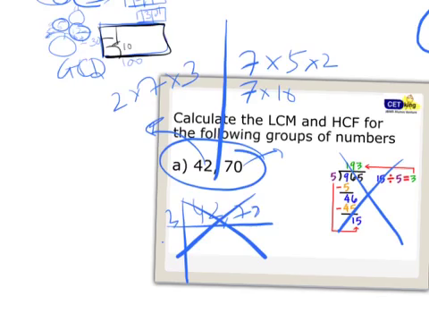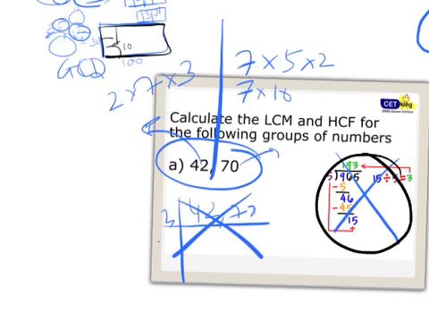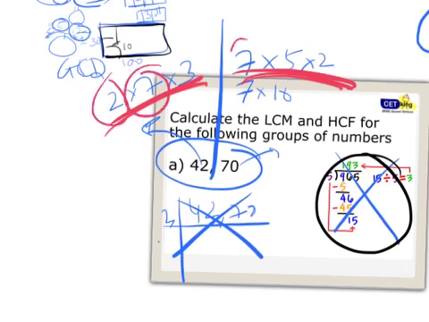Sorry, the easiest thing to find is always HCF. Earlier, if I used this chart, HCF used to be tougher to find. But if you use factors, finding HCF is very easy. Your HCF is nothing but all the common factors. So these were the factors for 42 and these are the factors for 70. 2, 7 and 3 are the factors for this and 7, 5 and 2 are the factors for this. So how much will HCF be? Common: there is 2 common and there is 7 common. So these two are your HCF.